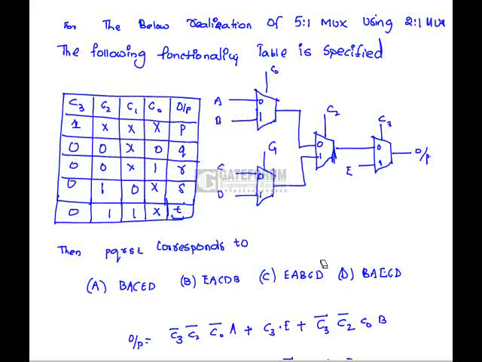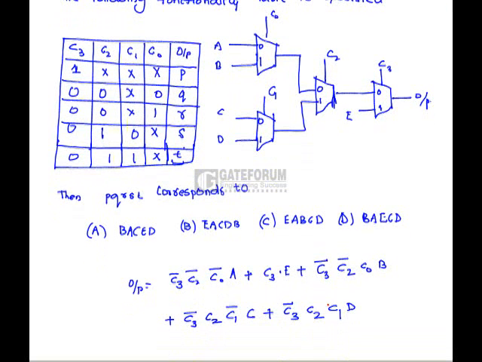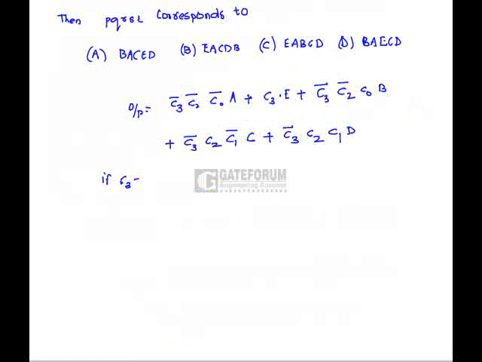See, for the below realization of a 5 by 1 mux using 2 by 1 muxes, the following functionality table is specified. So we have to find out P, Q, R, S. Here the table is given. For the 5 by 1 mux, the output equation is written like this. If C3 is equal to 1, the output is nothing but E. If C3 equals 0